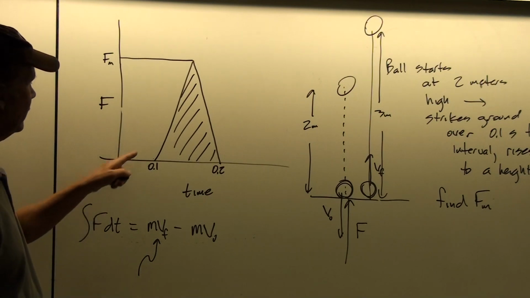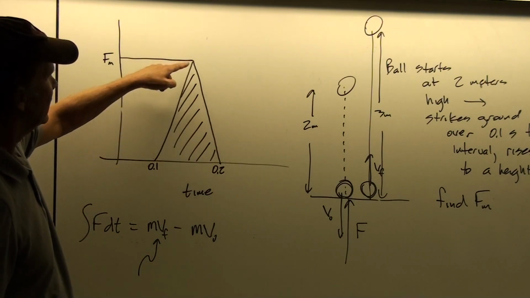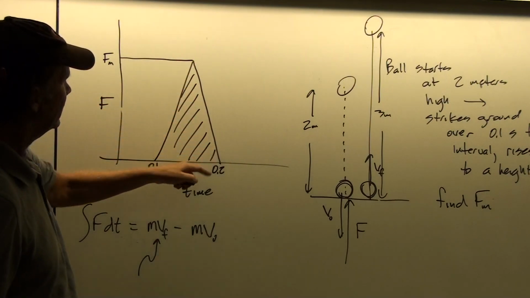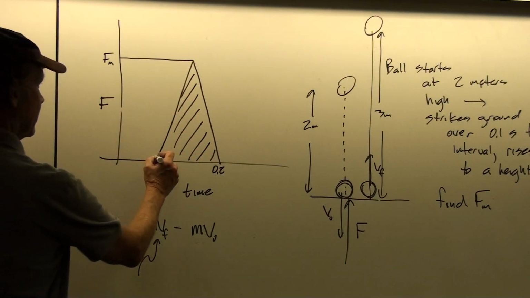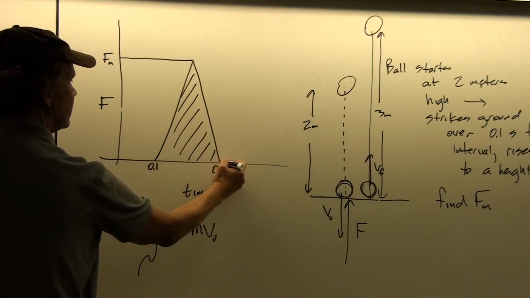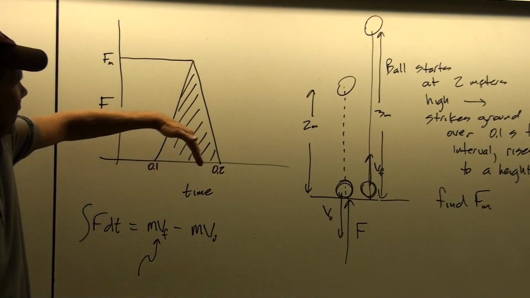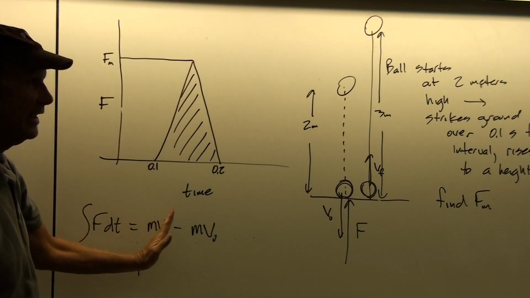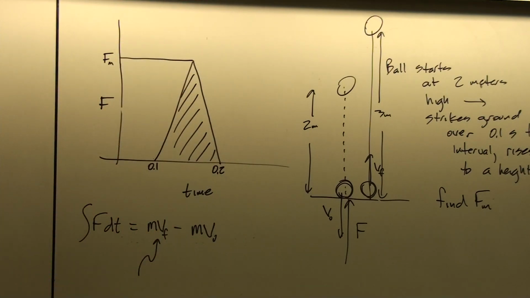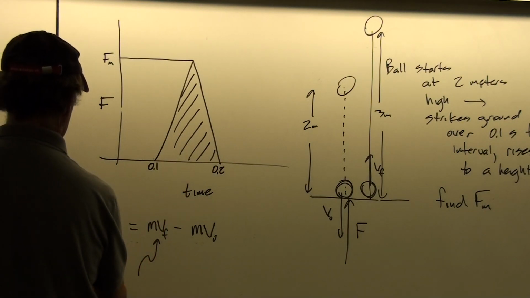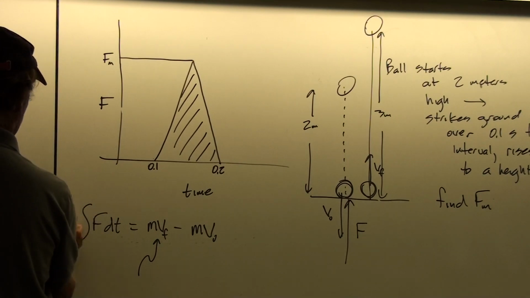And so we could figure out what the slope is of these two curves, and write this as a function that has two different domains, or we can just find the area under the curve. And so the area under the curve then is going to be 1/2 base times the height. So that's going to be our impulse.